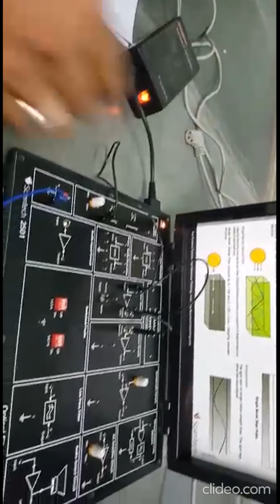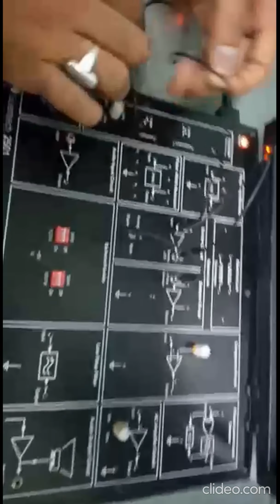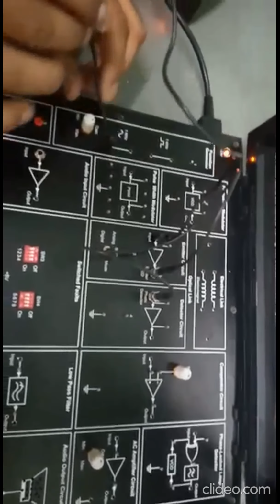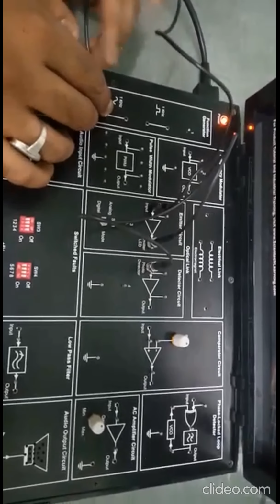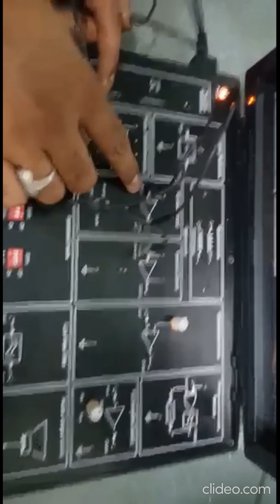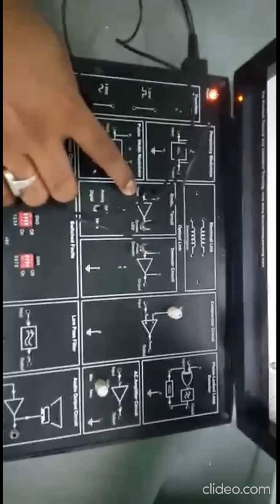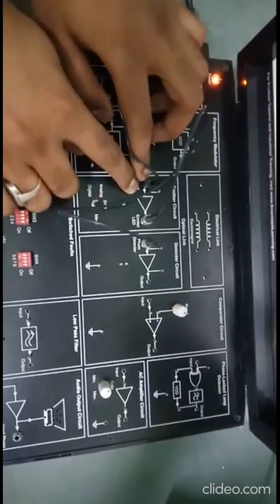So in this experiment, we are going to calculate the attenuation loss in optical fiber. For this, we have the optical fiber kit here, and we have the SciTech 2501 power supply that will supply power to this kit. First we will connect this power to the kit, and after that we will connect a function generator with 1 kilohertz to the emitter circuit via a 2 millimeter patch cord. The input of the emitter circuit is connected through it, and this input of the emitter circuit is connected to the emitter LED.